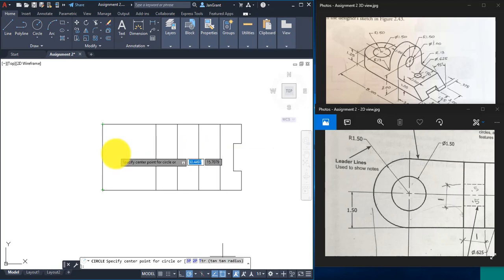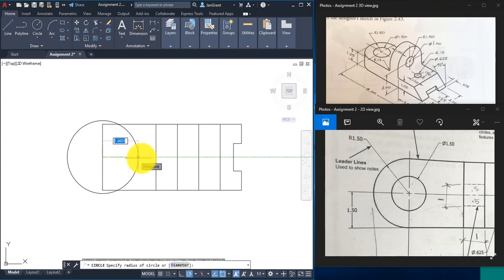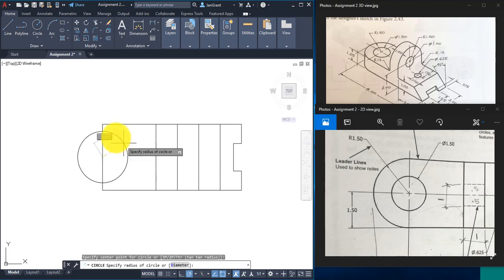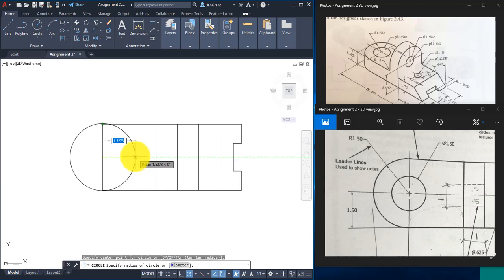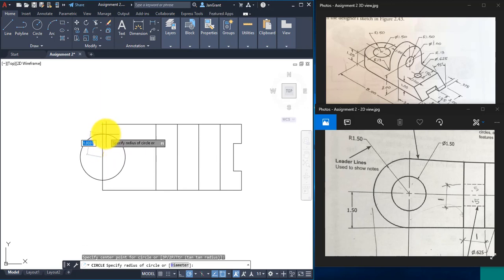And now when you click in your drawing to get back into your drawing, you can go to the midpoint. It's got that little triangular icon. Make sure that that's showing, guys, before you click, or else it will not be the center or the midpoint of that line. So go ahead and click there. Now we have a radius of 1.5. So at this point you can either type in 1.5, or you can simply pull your mouse straight up, because you have this kind of endpoint to click on